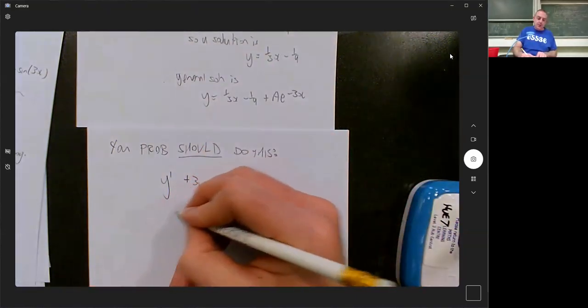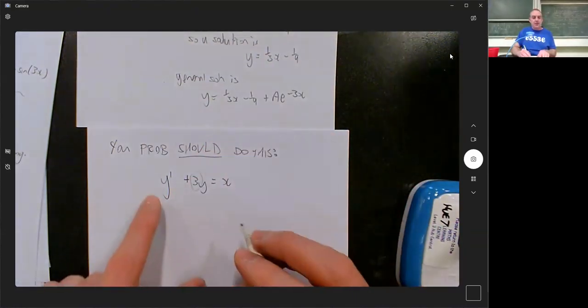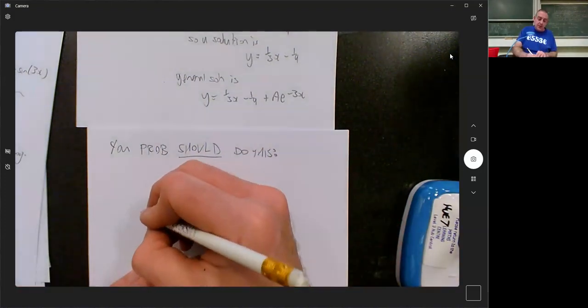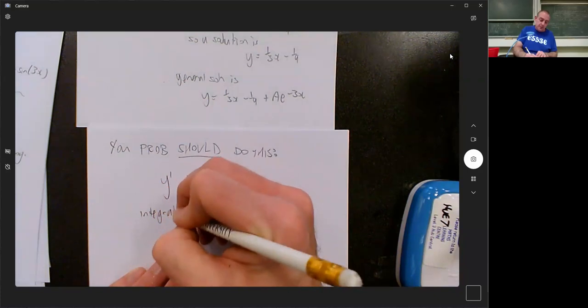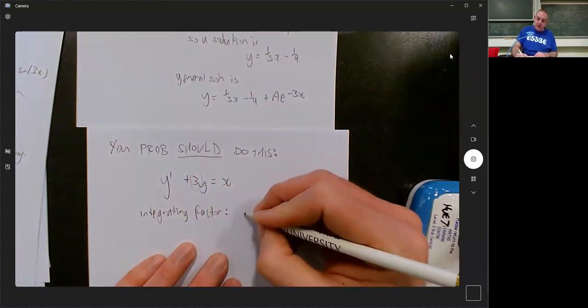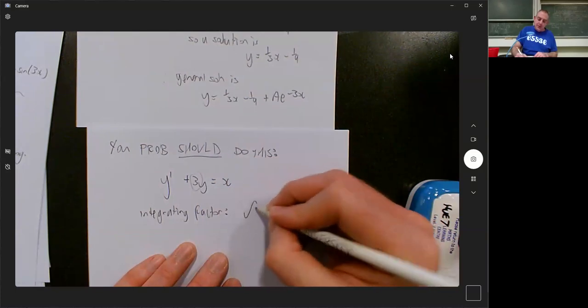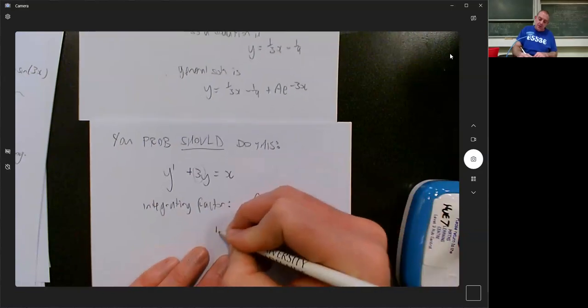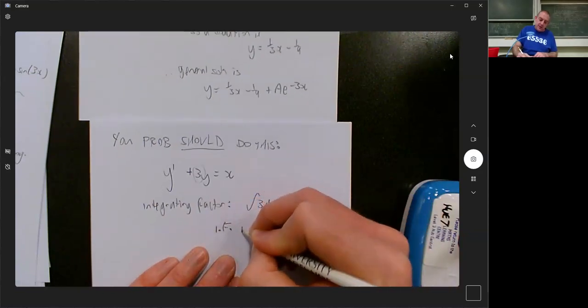You would go, this is linear, and so I would find an integrating factor. And so I'll have the integral of 3 dx is 3x, and so my integrating factor is,